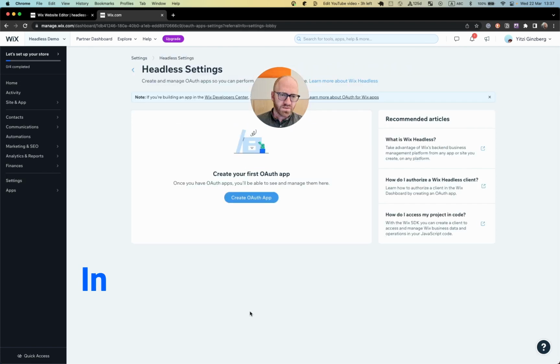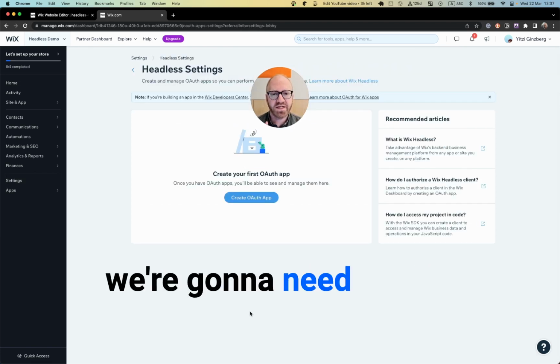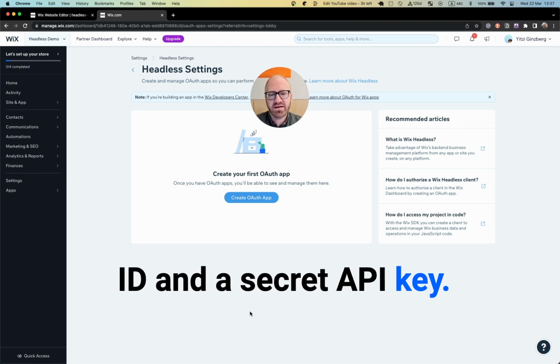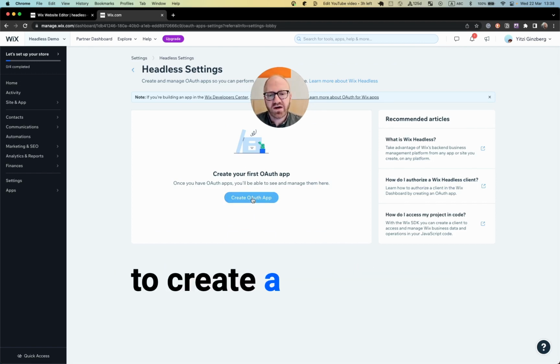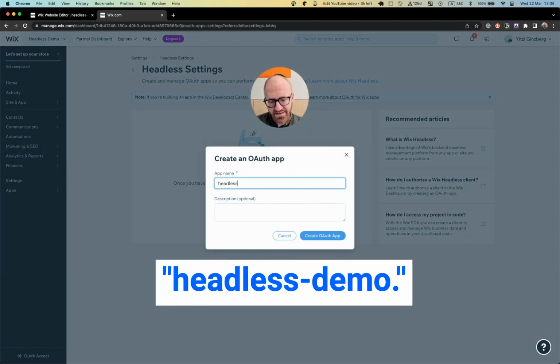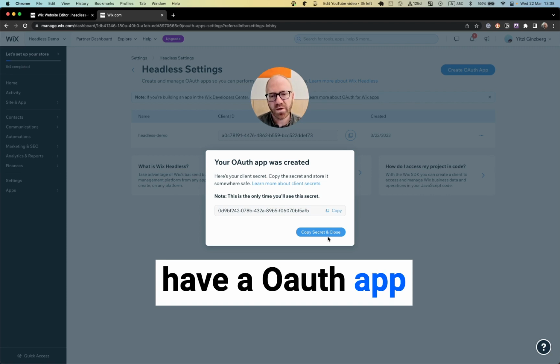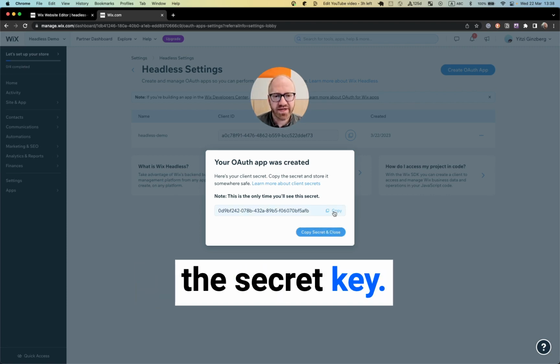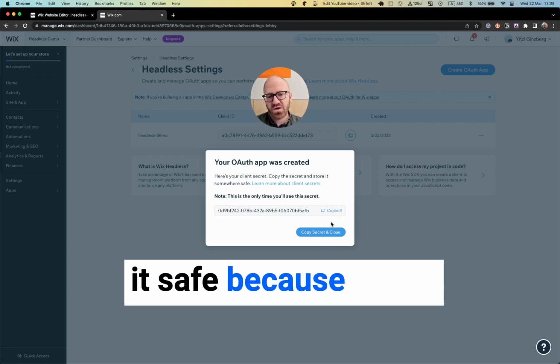headless settings. In order to use Wix Headless, we're gonna need a client ID and a secret API key. So to do that, we'll need to create an OAuth app right over here. Let's name it Headless Demo. All right, and now I have an OAuth app created for this site. I'm going to copy the secret key and make sure you keep it safe because you're never gonna see it